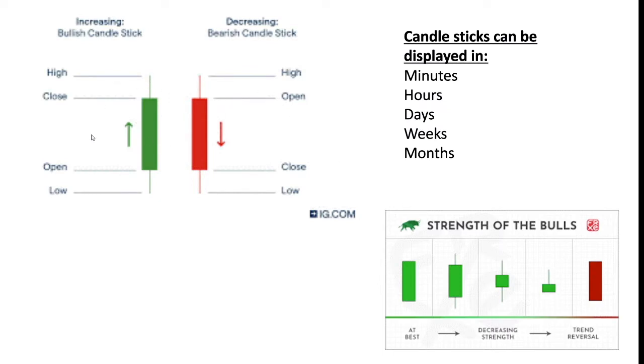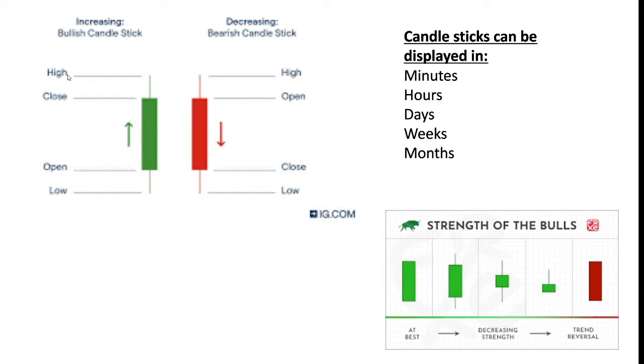To explain what a Japanese candle is, this will be a bullish candle. Green is good. Green is money. Red is bad. When you look at a Japanese candle, this body is essentially how you could read four different price points in one illustration. So open means where did the price start? Close is where did the price end? So let's say this is $10 and it shot up to $11.